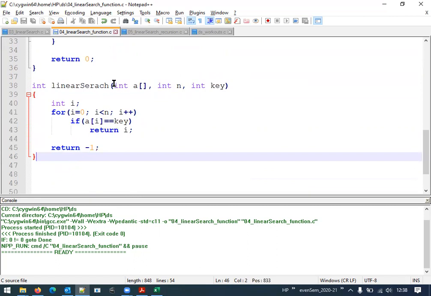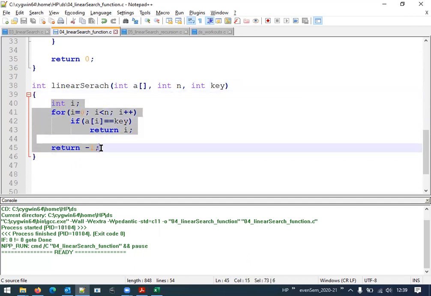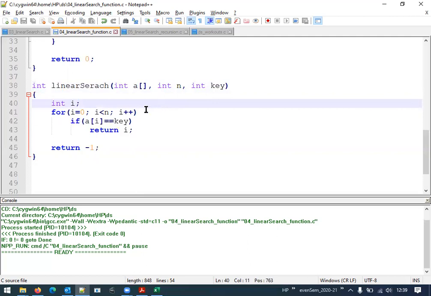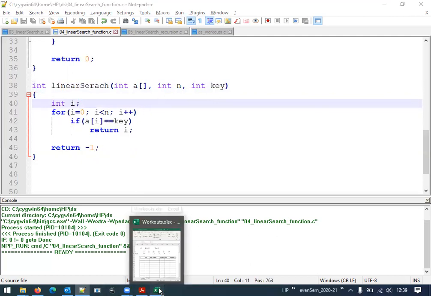So here is the definition of the linear search function which we have written here. Since it is taking 3 parameters, we have written 3 parameters here. First one is an array of integer data type. Second one is a variable n of integer data type. Third is the key, which is also an integer data type. And linear search is going to return an integer value, so the return type is integer. Once the control is passed on to this, these statements will get executed based upon the values we have assigned. Let us try to trace this particular code here.